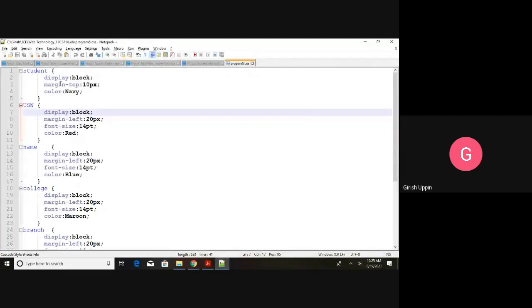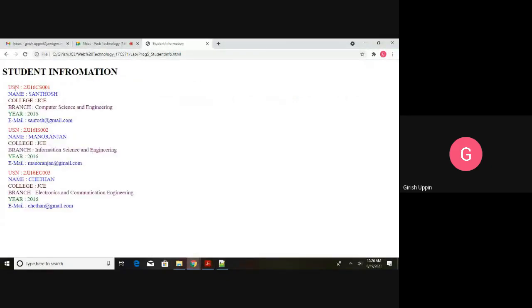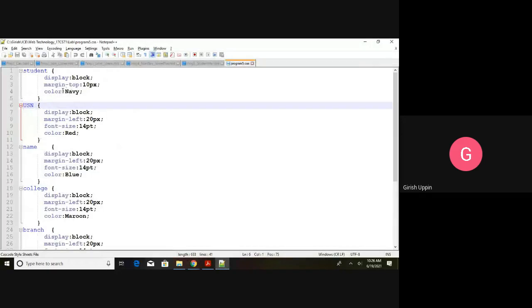Then margin from the top 10 pixel and color navy. So this is for the student. Then USN: display block, margin left 20 pixel, font size 14 pt, color red. Let me reload this. Now the USN styles, the color for the student, are getting overridden.